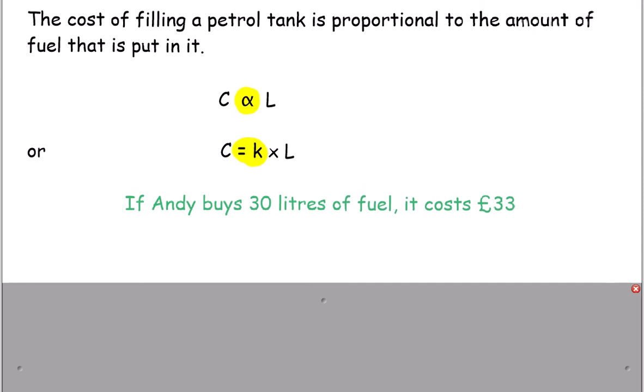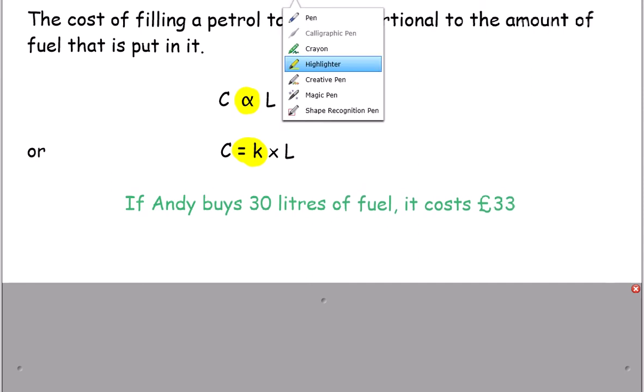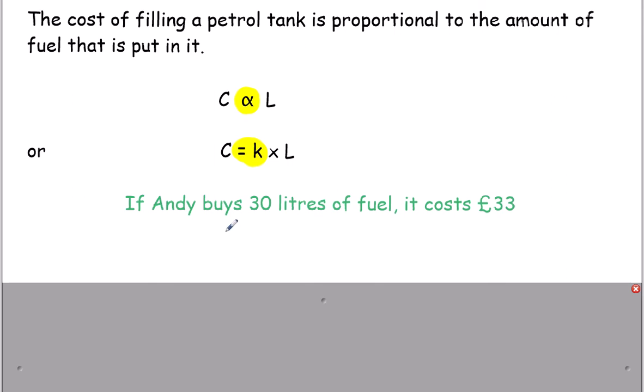Well, if you've got a calculator on you, you can work out the cost of a litre. So in your books then, the cost is 33, so C is 33. I don't know what K is, it's K for constant, don't ask me why, times the number of litres, which is 30. Now how would you work out K? Well, if you're solving an equation and it's times on one side, it goes to a divide on the other side. So take that times 30, change it to a divide by 30, and you'll get that K equals 33